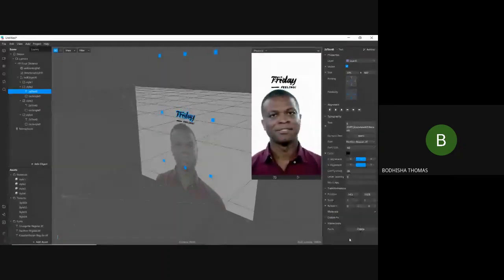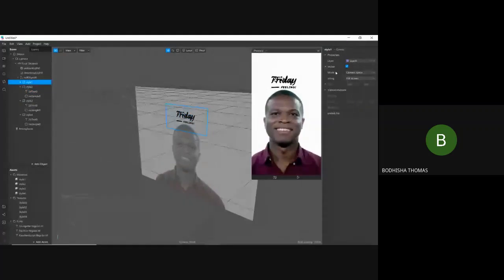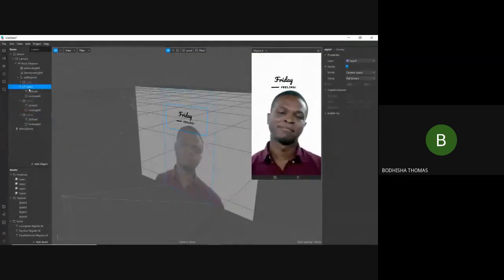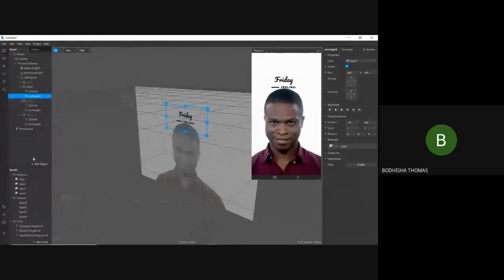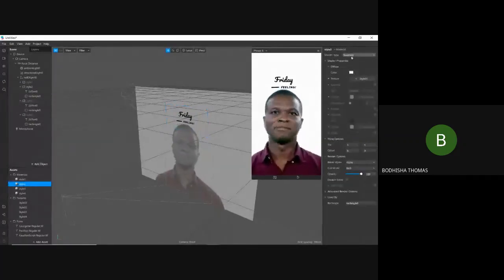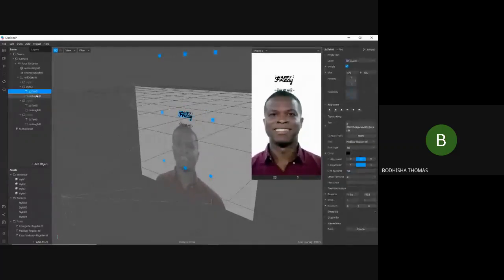So what happens is that the second style got overlaid on the first. So for that, we need to make this invisible. Also, all the other 3 styles invisible. Okay. Now only the style 2 is visible. You can see all others are dimmed, right? So for style 2, in the material, we'll change the texture to style 2 and change the position.